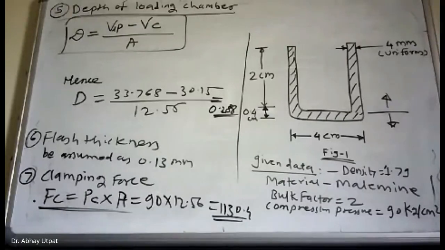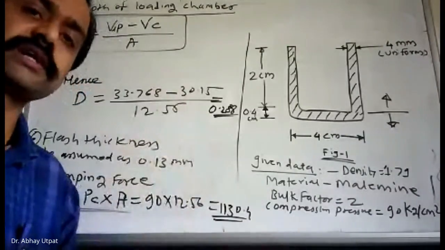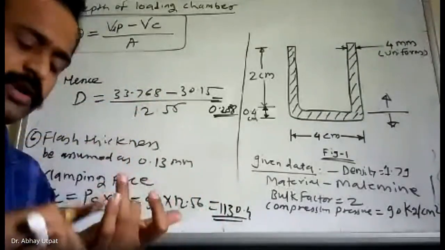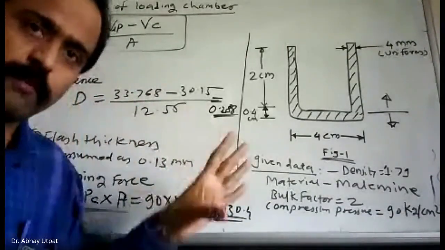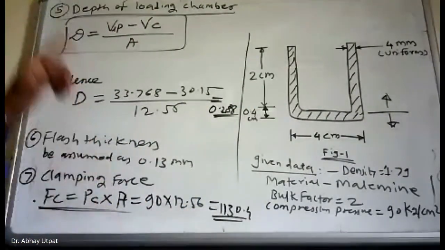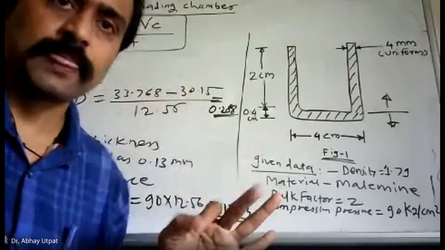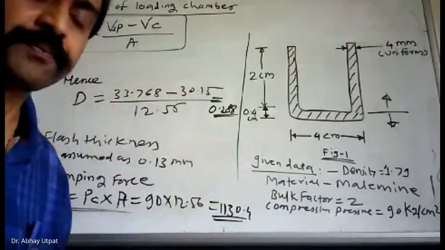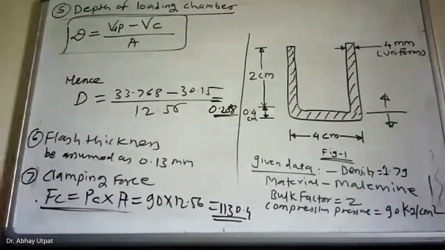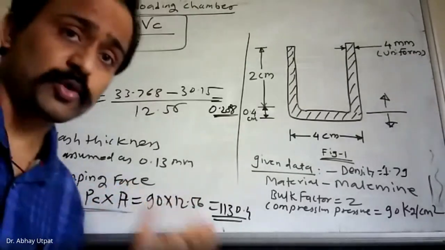Now, the last point is dimension of ejector pins. So already I told you, we are considering only simple design aspect points. No cooling, no heating, no venting. Other things which are very complicated are not part of these design steps. Very simple steps. I repeat once again. First, we started from volume of part. Then volume of loose powder. Then projected area. Then after projected area, we assumed the flash thickness and land dimension. Then depth of loading chamber we considered. Then we calculated how much clamping force is required.